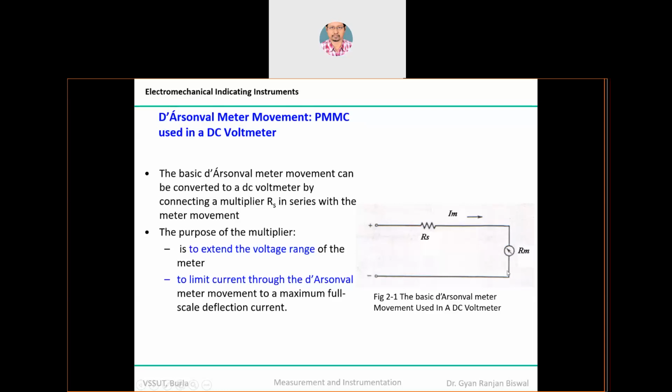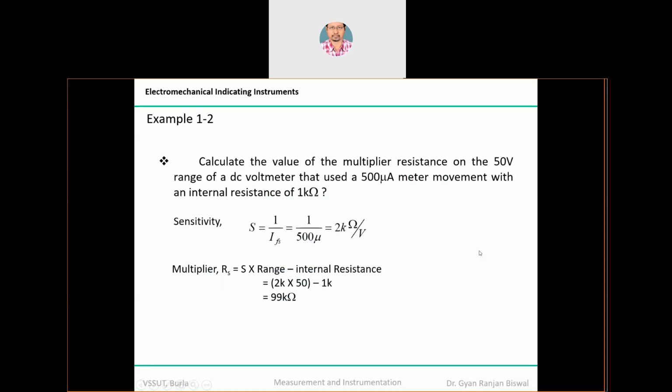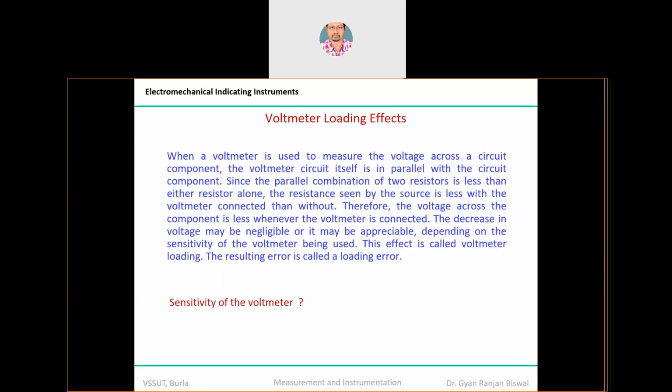So when you apply a voltmeter across here, now you understand that the voltmeter also has a certain resistance. Yes or no? Yes. So if that voltmeter has a certain resistance, your PMMC also has a certain resistance, the meter resistance. Let us assume, for my understanding, I am assuming that R subscript V is the amount of resistance introduced by the voltmeter, and Rm is the amount of PMMC meter resistance.